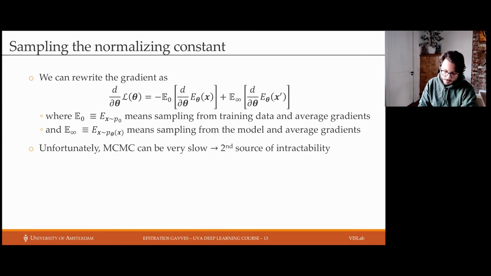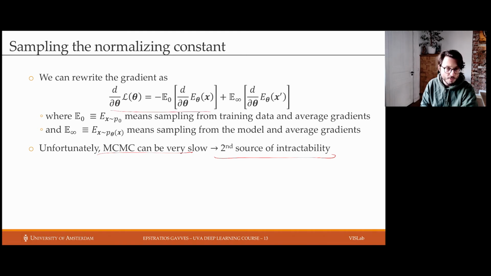So this actually is the second source of intractability. Although we can replace the analytic expectation with sampling, resolving our first source of intractability, MCMC can be very slow, especially for high dimensional data, because of high variance, among other things. This makes it again intractable. So what can we do instead? Well,